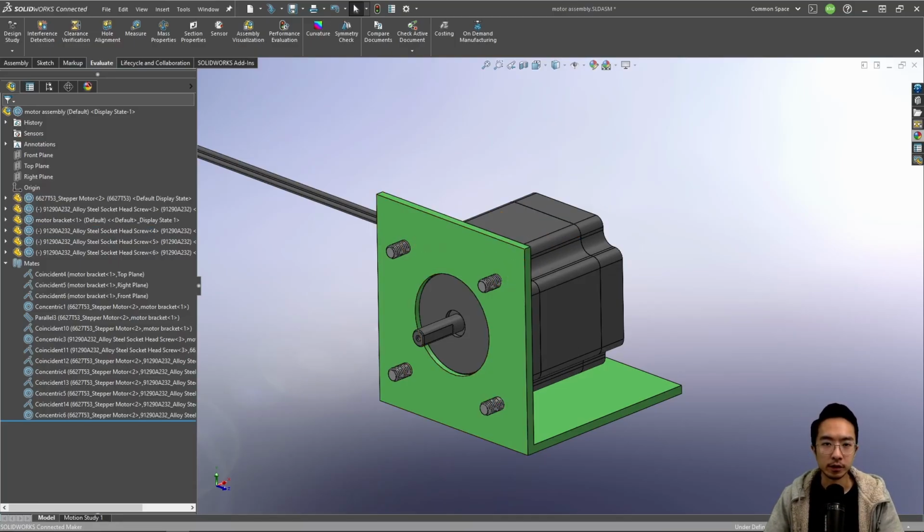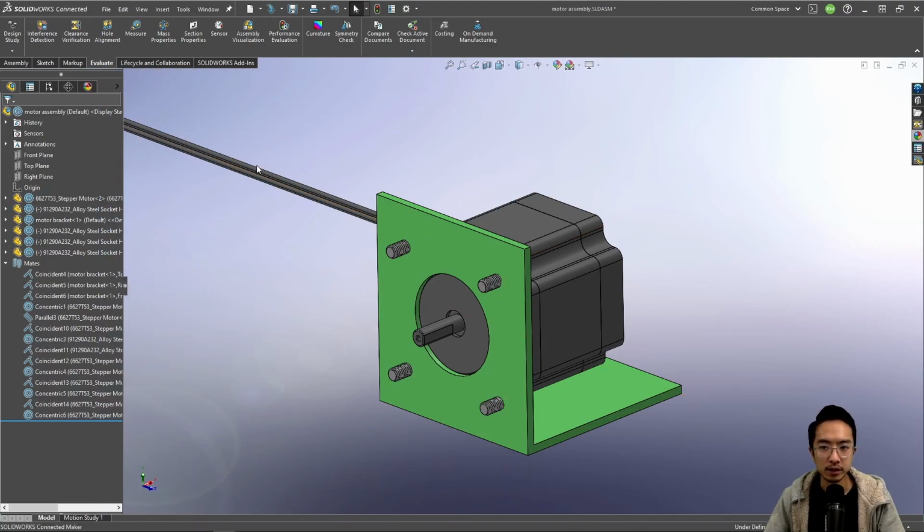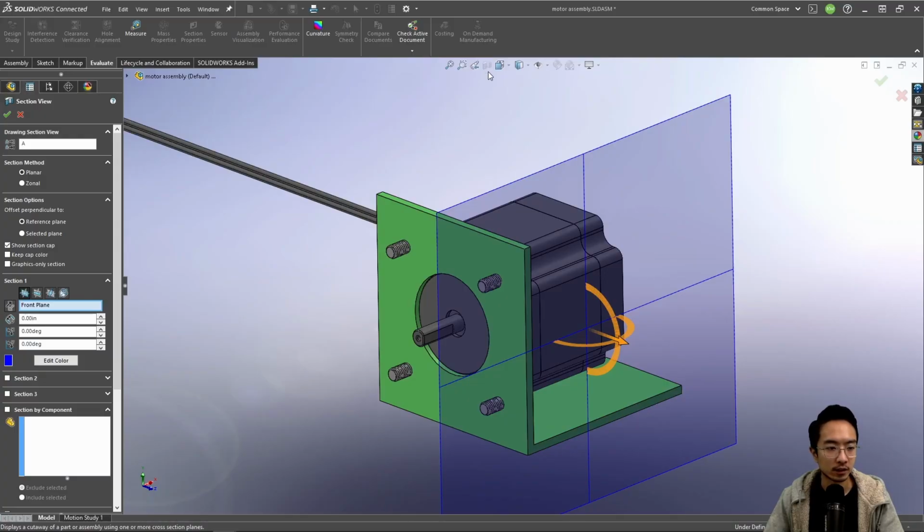Okay, in this video, we're going to talk about section views in SolidWorks. If you go to this little button here, you'll see the section view. Section views are great if you want to see what's inside your assembly. You could click section view, and right here by default, it's doing a section view from the front